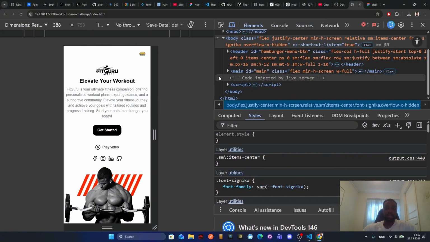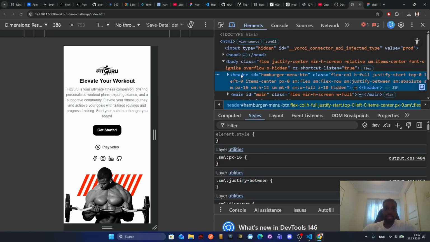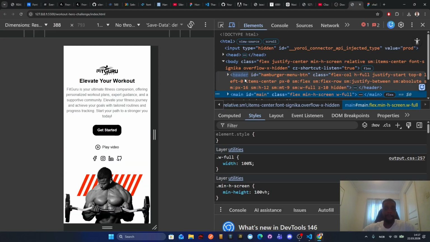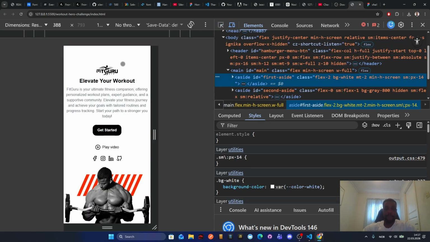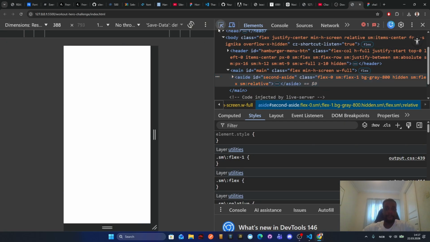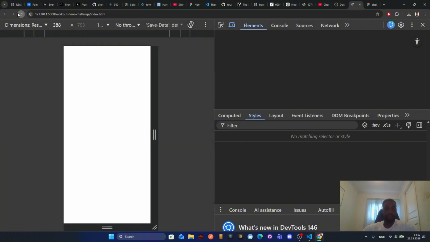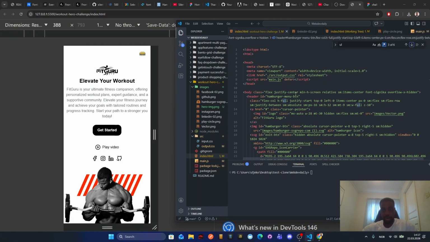That's a good indicator. Yeah, something happens in the header. I don't know why the header is not